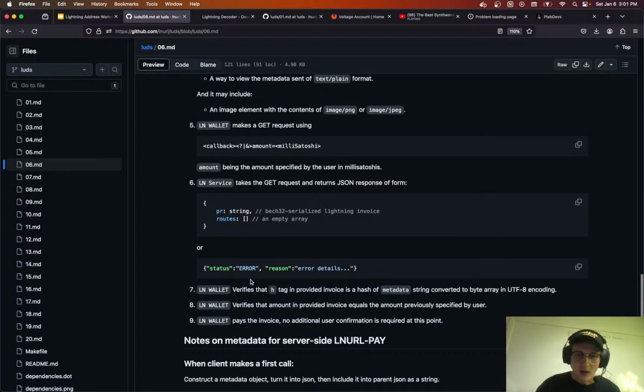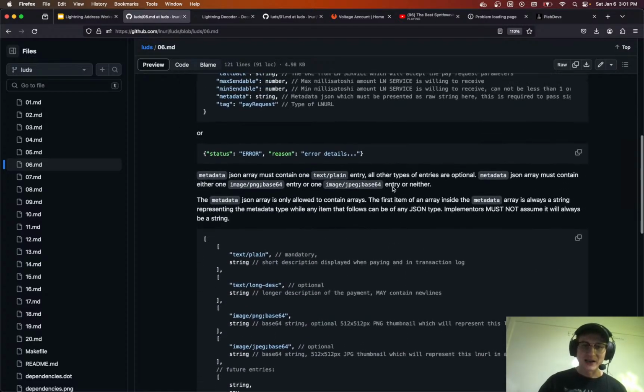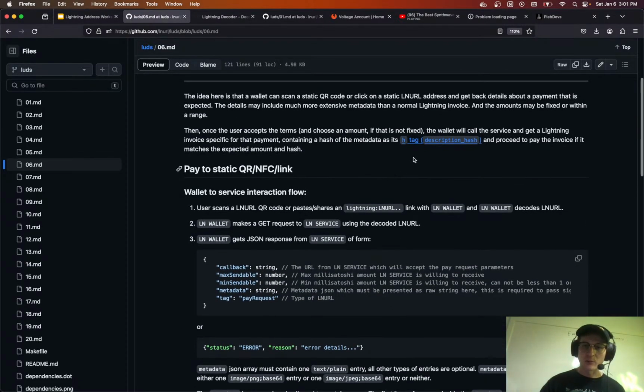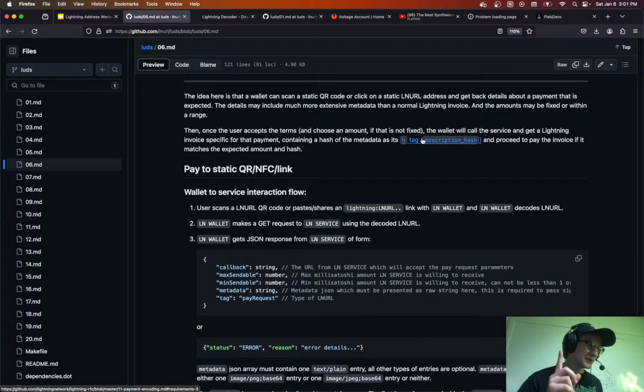Okay, so after the wallet is trying to tip us, it's trying to pay us. After it grabs the invoice from us, it verifies that the H tag in the provided invoice is a hash of the metadata string converted into a byte array. So what this really means is we have this metadata that says, hey, this is my LNURL endpoint, but we actually use that metadata and pass it into the invoice and kind of encrypt it into the invoice. That way, when the user gets back the invoice, they know it's coming from us,